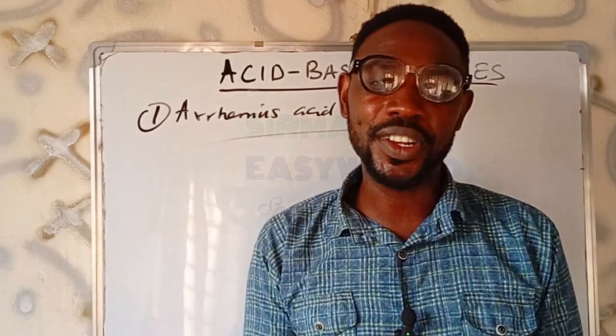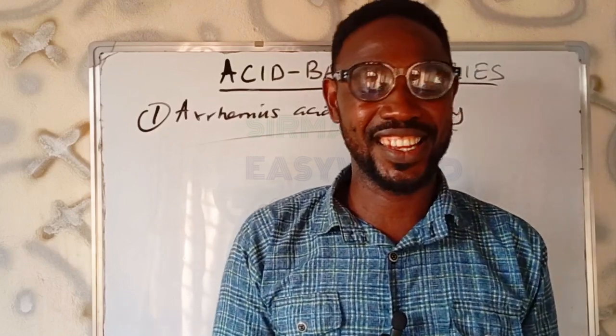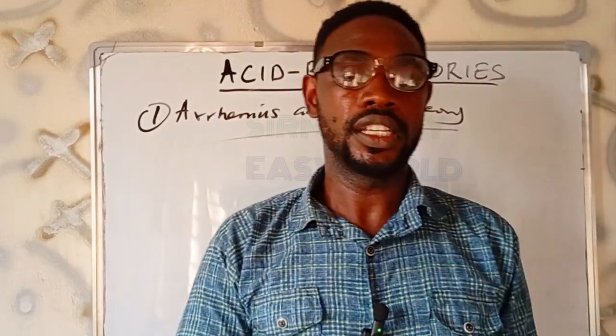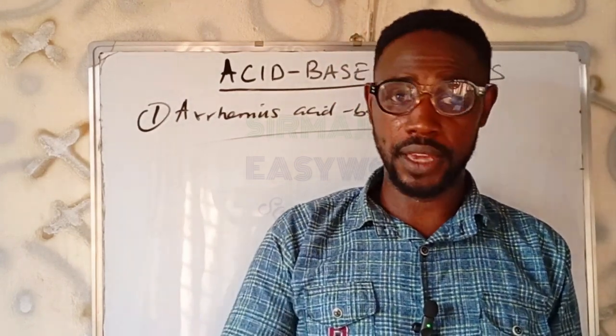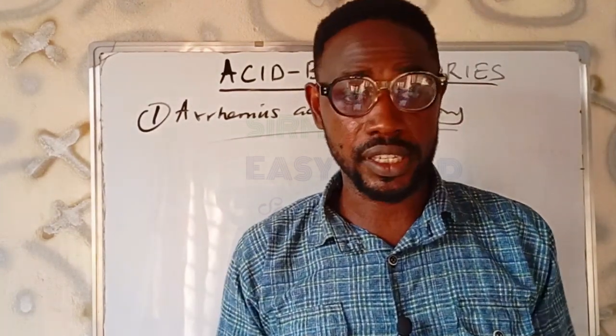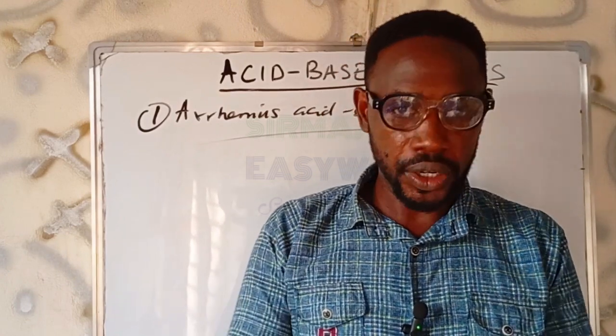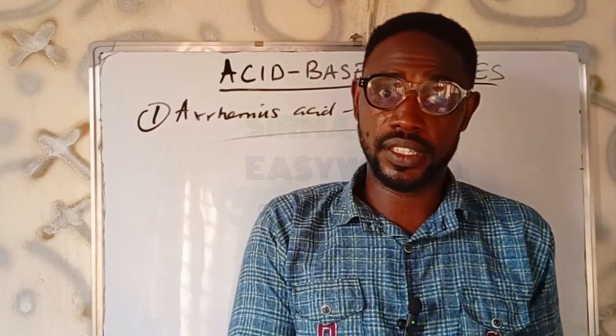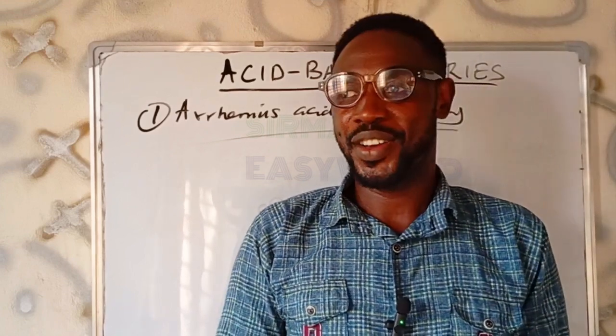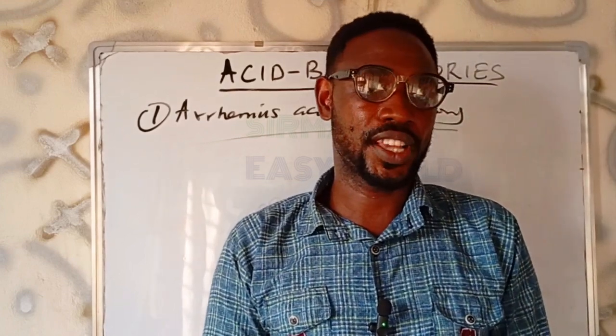So acid cannot be all that much our enemy in all cases. There is no theory that defines acid as a poisonous and dangerous chemical. But generally, acids will be handled very carefully because most of them are dangerous. Vitamin C is an acid. Even when you take that drug, vitamin C, we call it ascorbic acid. When you drink milk, there is a sort of acid there called lactic acid. So acid is our friend, acid is also our enemy.